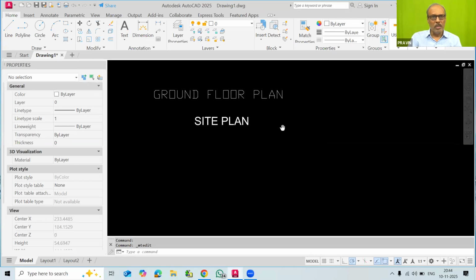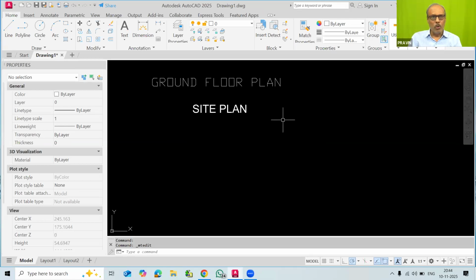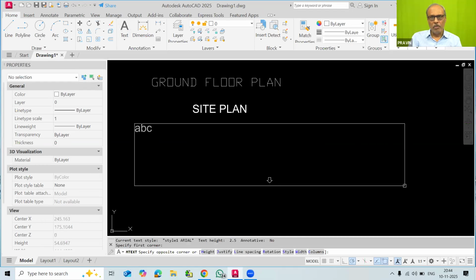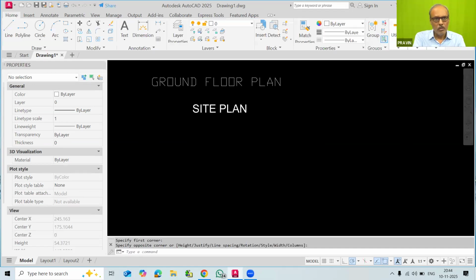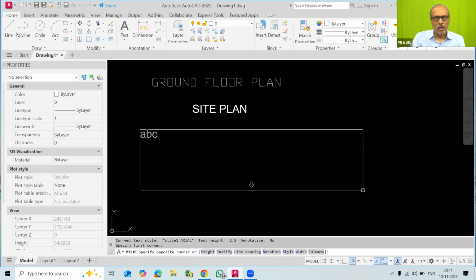Another important thing that we have seen is that we also have to type a paragraph. In the paragraph text also we can use this style 1 only. Now we can go to the multi-line text command, draw the paragraph here, and with this paragraph you can type the name of the drawing, which you already know. So I have to start the command again here, and then I will click here.